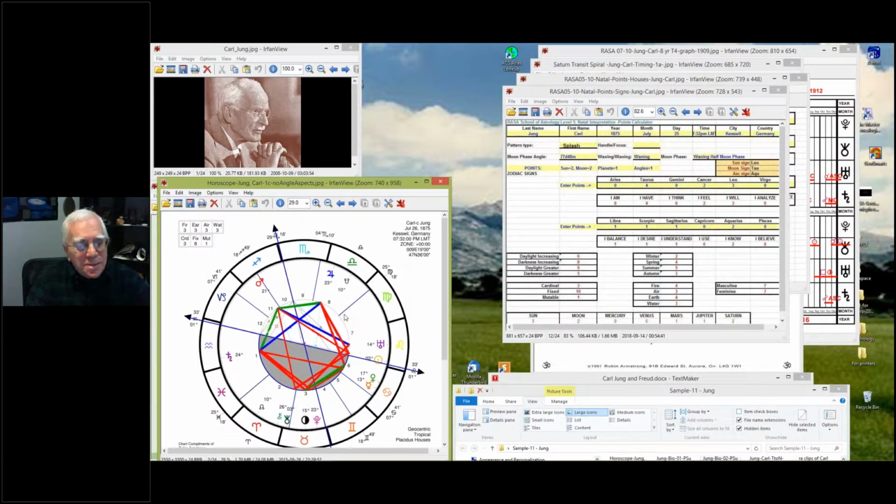However, neither of these two empty areas is actually a square. This begins because the original pattern types were done by the houses without looking at exact aspects, just by house placements. When we put it to signs, it allowed for more accurate determination. But this was one that was an interesting surprise. Because there's not an empty square, it can't be a seesaw, or it can't be a splay. So it ends up being a splash chart.